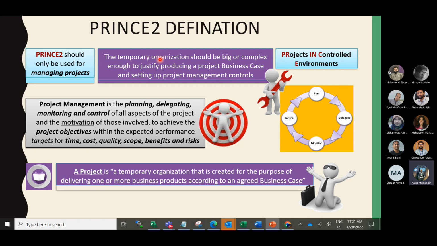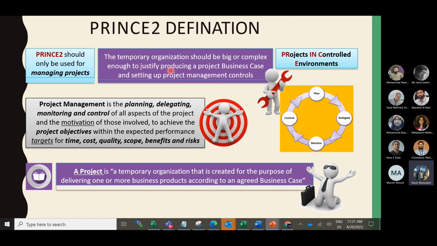And one important aspect I must say is that the Prince2 definition is a temporary organization. That means wherever we introduce any project, we introduce a temporary organization which might be big or complex to justify the business case and set up the project management controls.